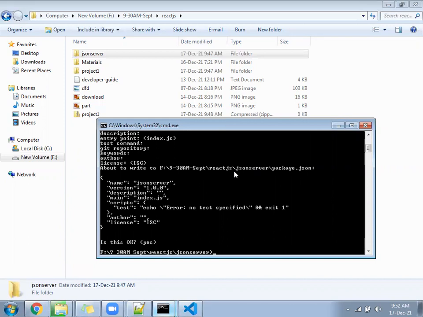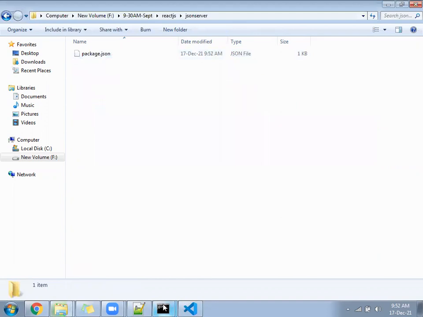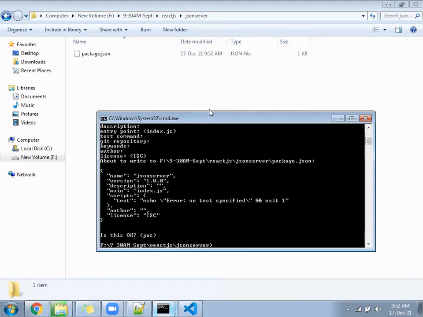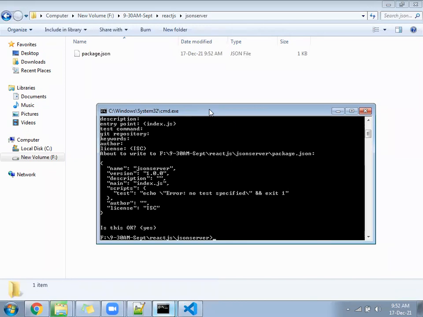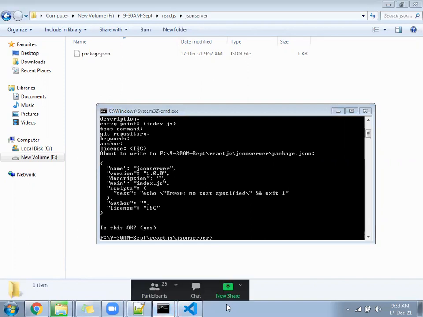Let's look under the JSON server folder, we got a file called package.json. Anyone with an error? No error.